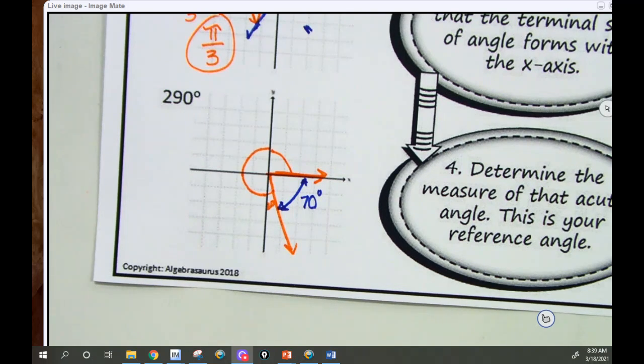Reference angles will be used for a lot in the upcoming sections. So this is something we're going to want to practice. Do you have to fill out this page